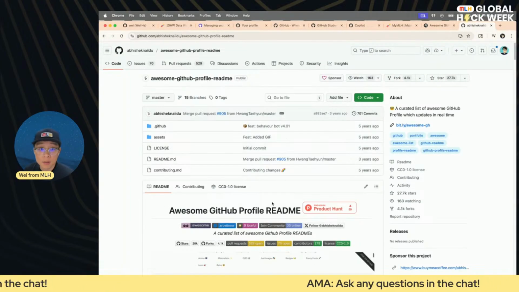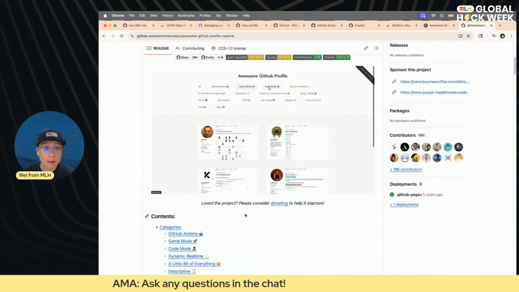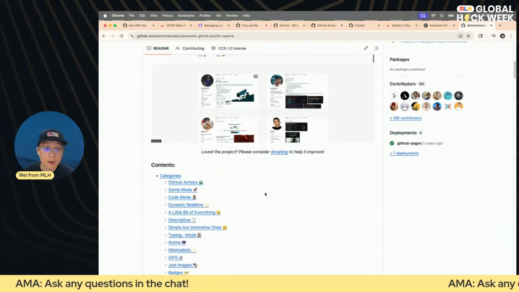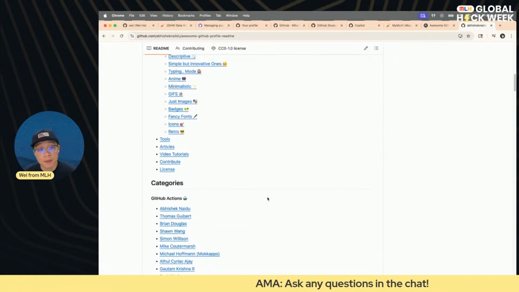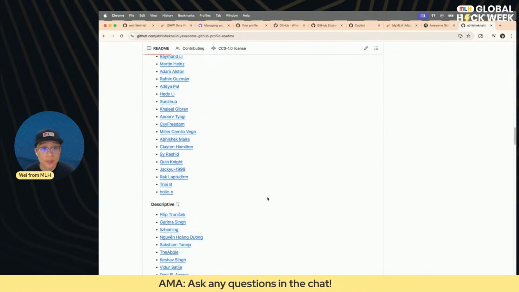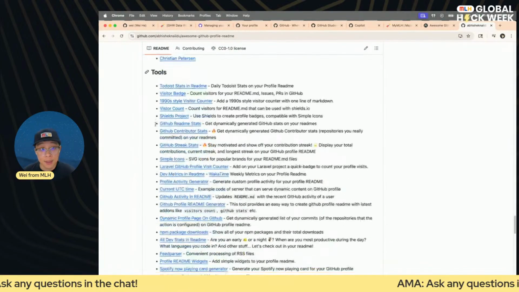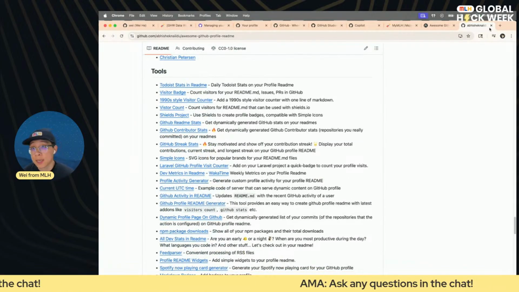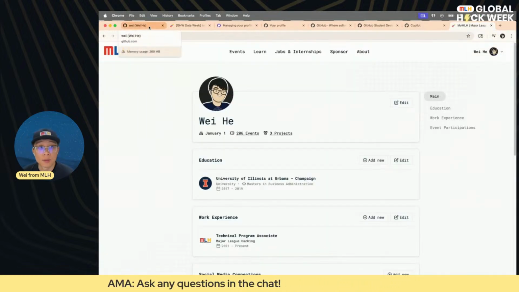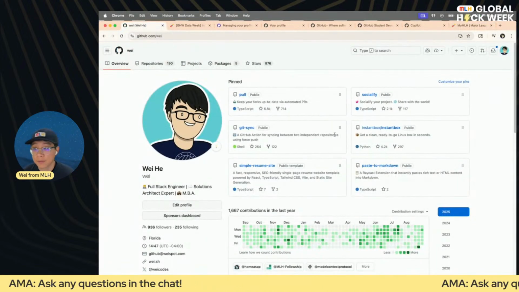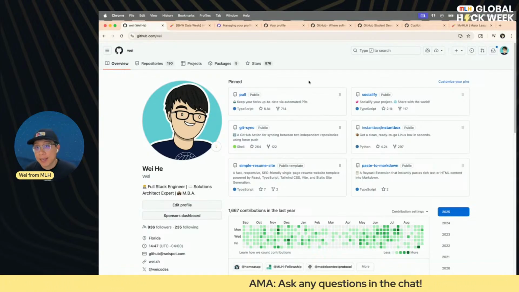This is another GitHub repo that has some great collections of different styles of GitHub README profiles, as well as some of the tools that you can use to create them. Those links are towards the end, so we'll go through some of them then, don't worry. I just wanted to share that so that we know what is available there. Now, for now, I don't have a GitHub profile README.